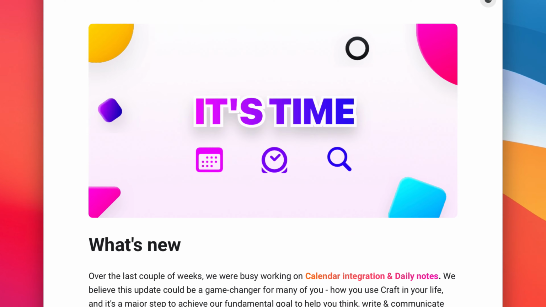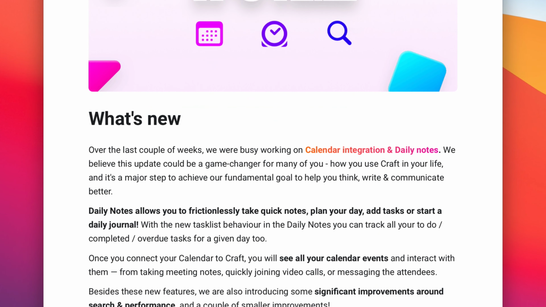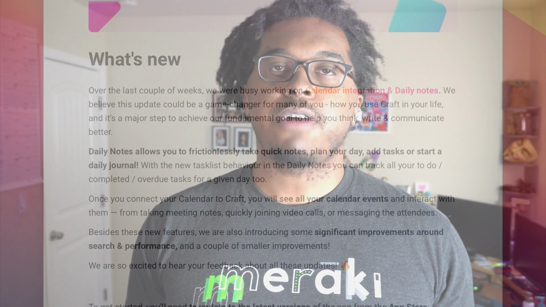Earlier this month, Craft came out with the calendar view and the daily note, which I really enjoy. The thing that I liked so much about this was that it provided a new way to think about creating notes and creating a way to integrate all those notes together. However, one of the things that I was a little afraid of, and it came to be true, was the